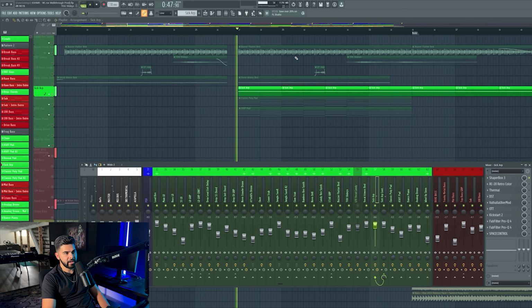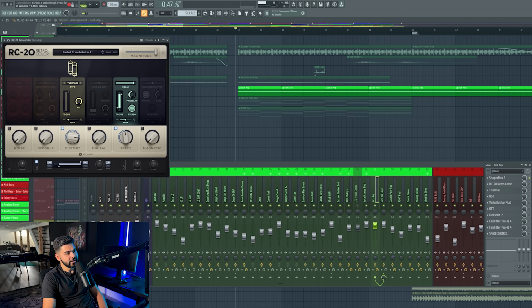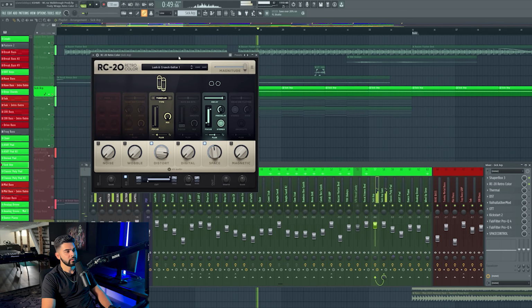Now, the first complaint that I have, number one, it feels dead. And it feels a little like it needs sauce. And that's where RC20 comes in. RC20, as you guys probably already know, is such a great plugin for adding a little bit of flair and character, especially into break sounds. So in this case, I'm using the Lush and Crunch guitar preset. I don't remember if this is default or if I wound up tweaking anything, but it adds a little bit of distortion and, again, a little bit of flair, a little bit of space,